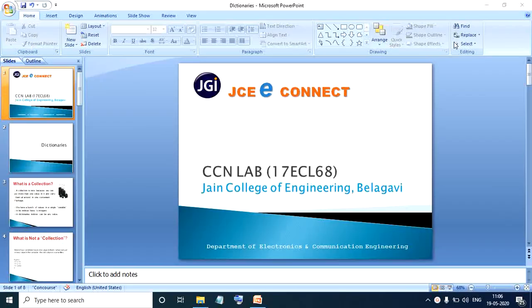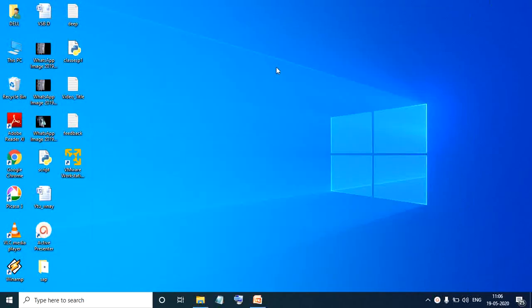The first step is that you should install VMware Workstation, which is a virtual machine player. After installing, we should also install your NC2NS network simulator. So we will double click on this.